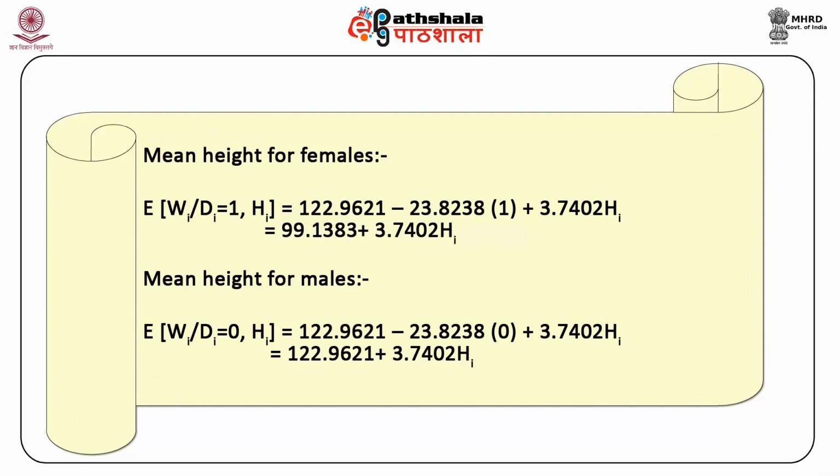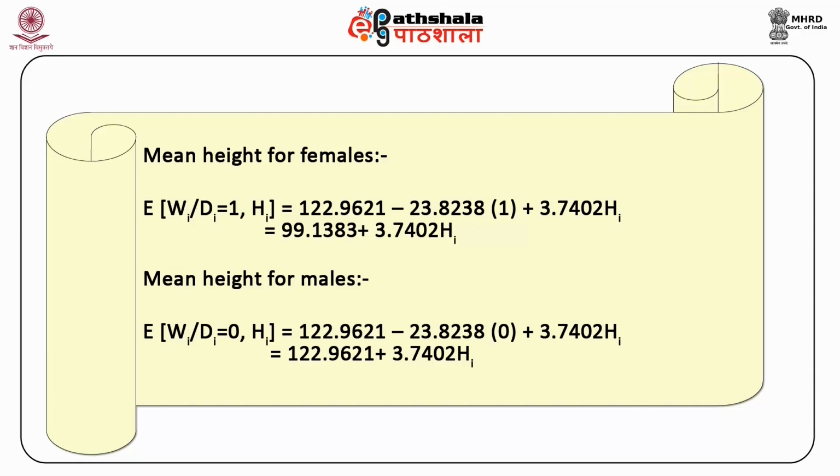Mean weight for females is equal to the expected value of Wi given Di is equal to 1, with Hi being constant, equal to 122.9621 minus 23.8238 into 1 plus 3.7402 Hi, which is equal to 99.1383 plus 3.7402 Hi. Similarly, mean weight for males